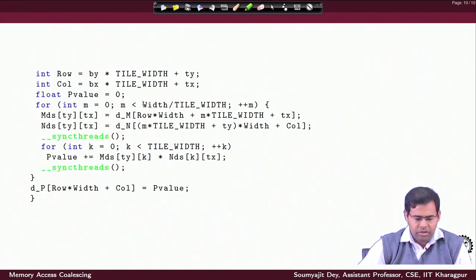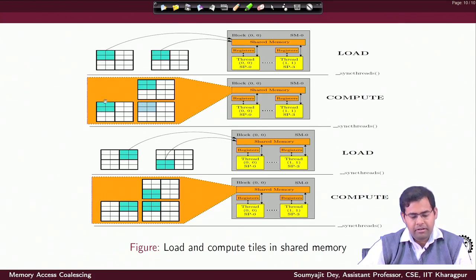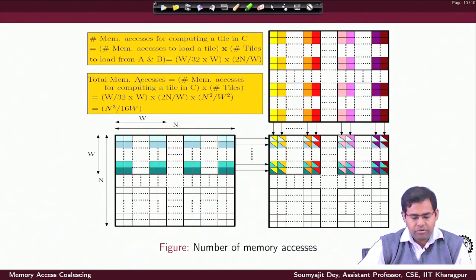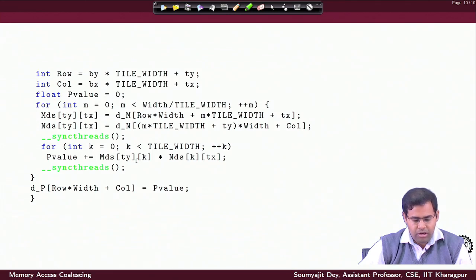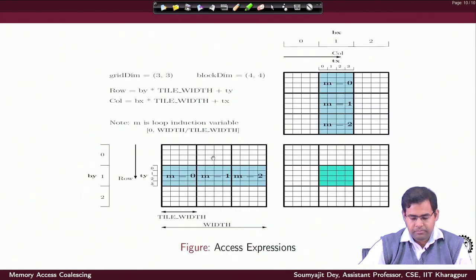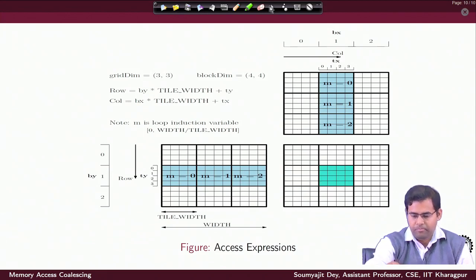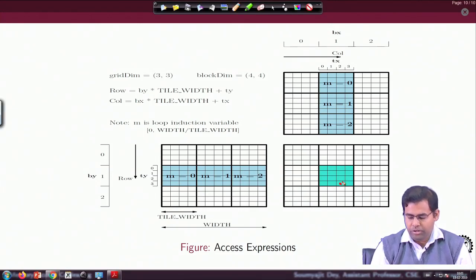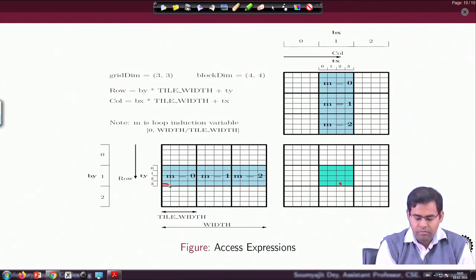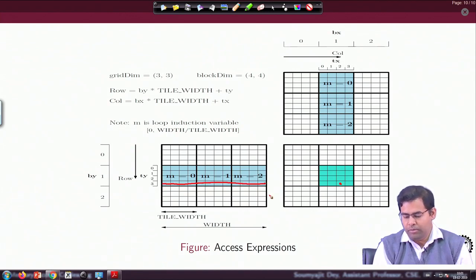So these threads have done this part of their work. They have first figured out which tile they belong to, and then they have brought in data collaboratively in parallel from here and here, and then they are going to get into this loop through which they will do a partial sum computation. So what does that mean? If you look into this picture, finally what is going to be the output for this location? Let us take any random location, the one that we are talking about. That would require me to do an addition and a multiply add for things here and here.